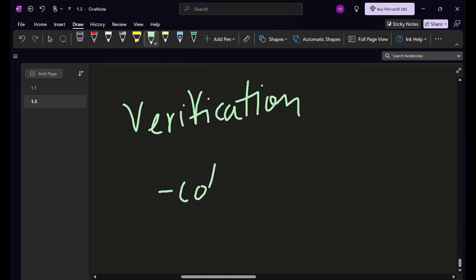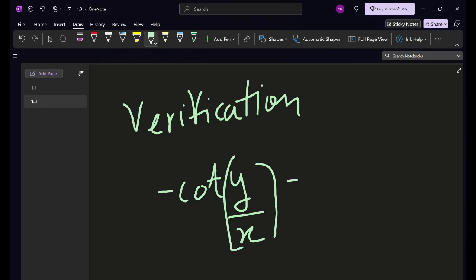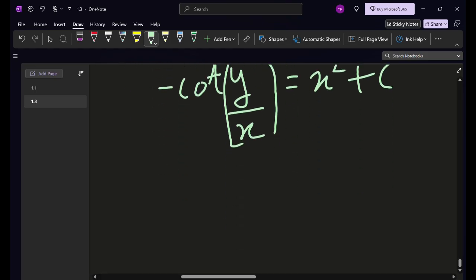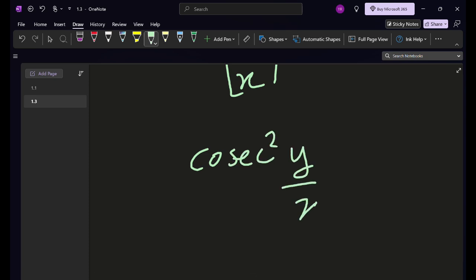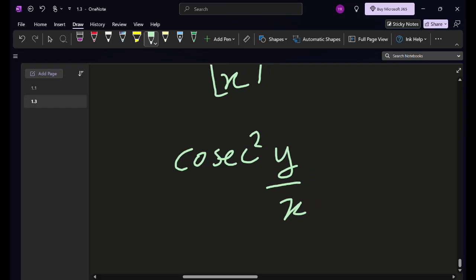We're basically just gonna manipulate this equation a bit and just use minus cot y by x, just bringing the cot back to its place, is equal to x square plus c. Then we're gonna differentiate it. Differentiating it, we will be getting cosec square y by x,